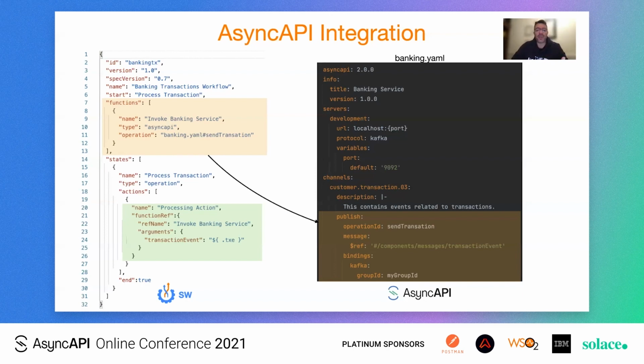So what we see here, we have this channel on customer transaction 03 channel, and it has a published definition with the same matching operation ID that we specify in our workflow definition. And that's it. The AsyncAPI definition really defines everything: what type of event has to be sent, to what channel it has to be sent, its bindings basically, and what is the message and its format that needs to be sent in order to invoke